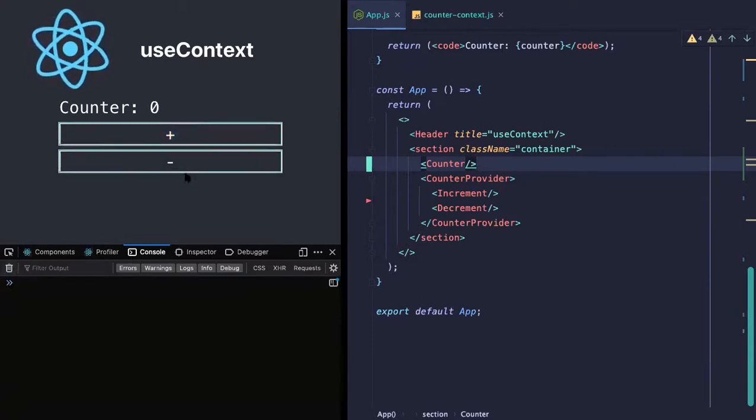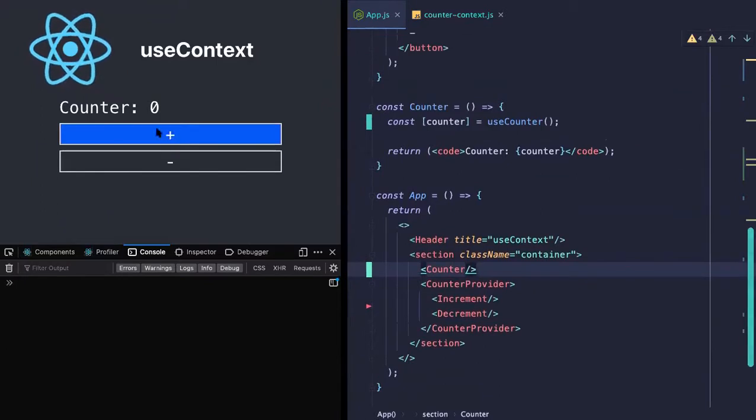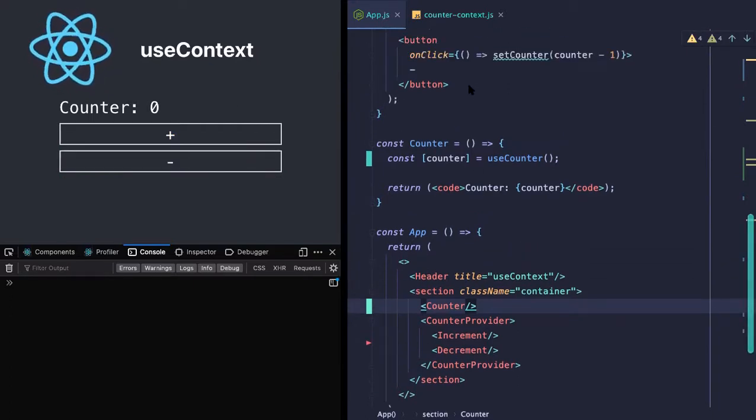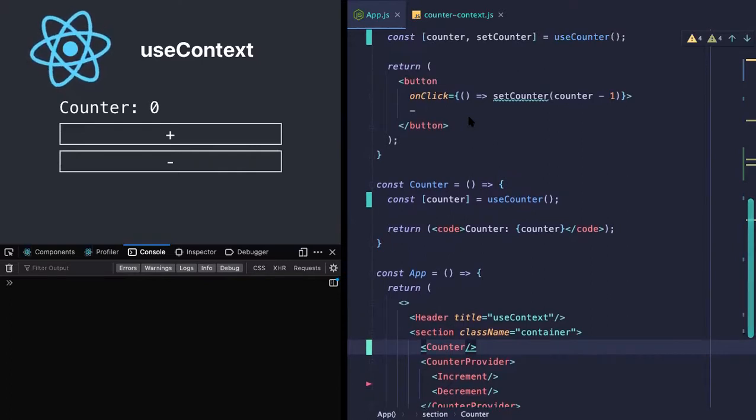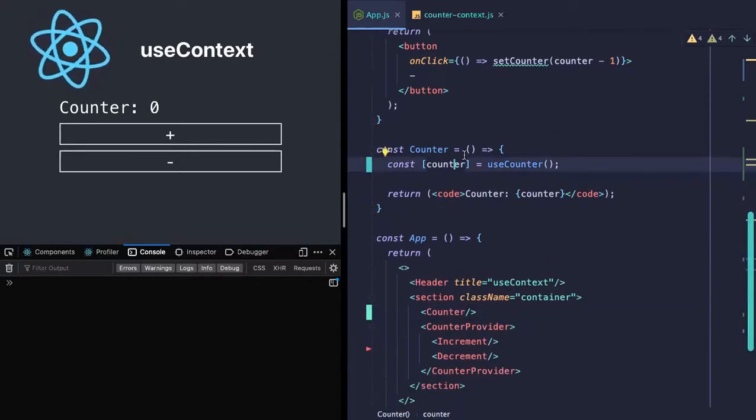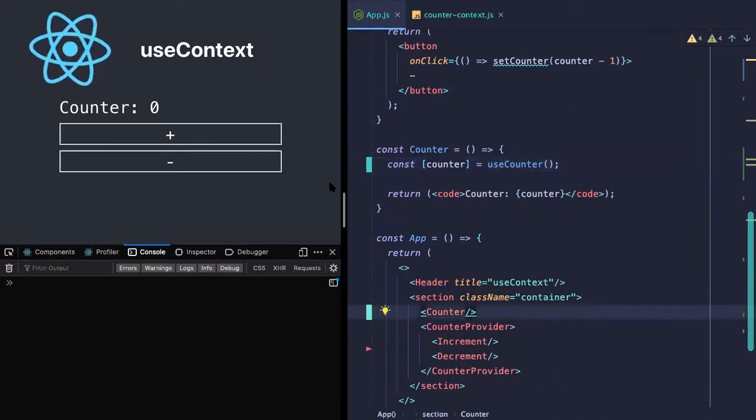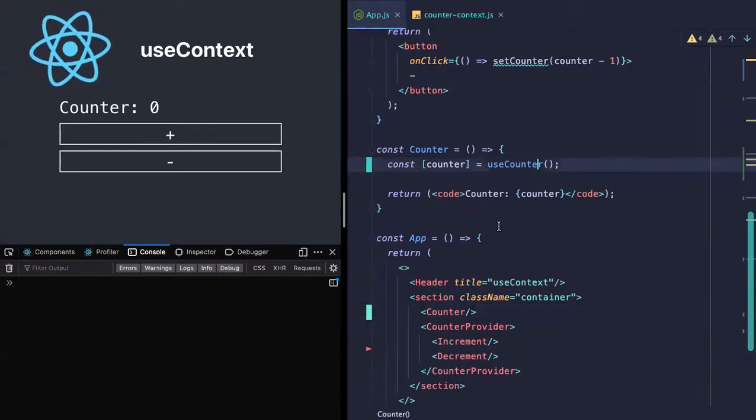If I click, now the update doesn't happen. Can anybody point out how come it is just reflecting a 0? It is working fine for the initial state, but not listening to any updates that are happening. Any volunteers? The counter is not getting rendered, that component. Counter is getting rendered. There is this use counter. We are getting counter. It's not getting refreshed. Yeah. So why is that? Why is it not getting refreshed, and from where does it get the initial 0 value then?